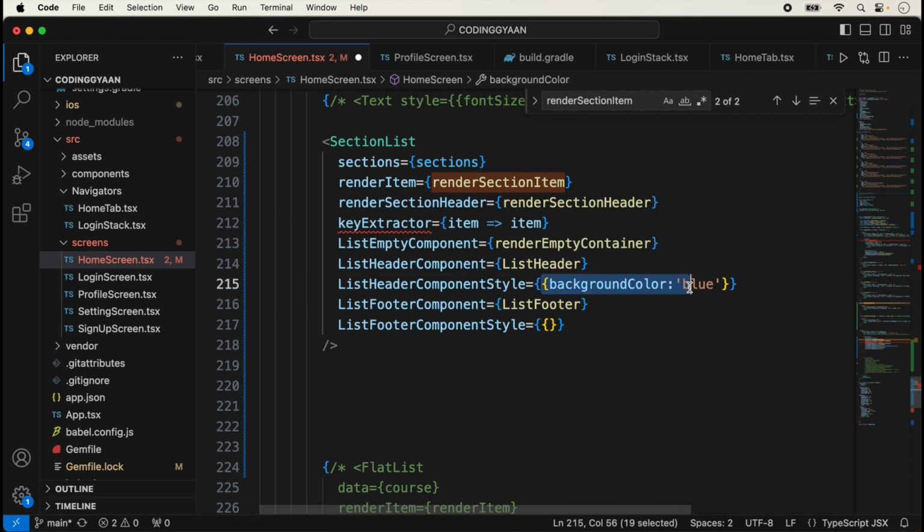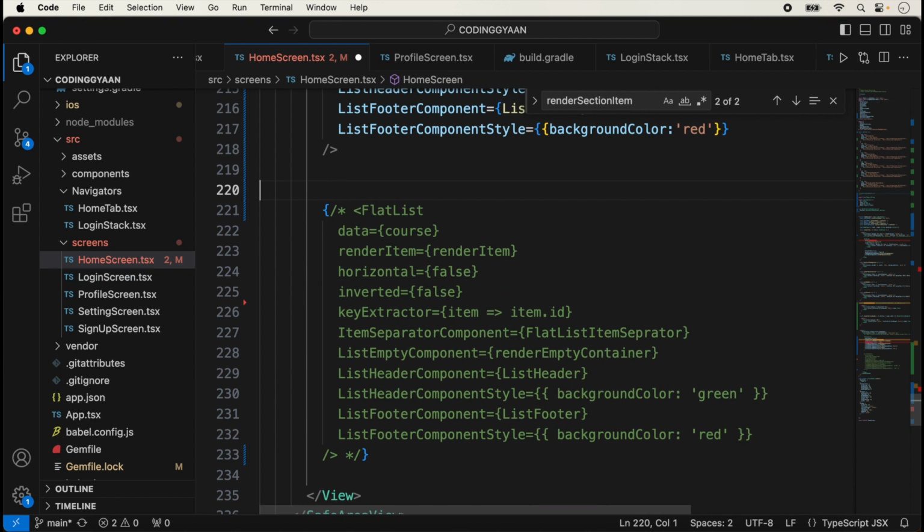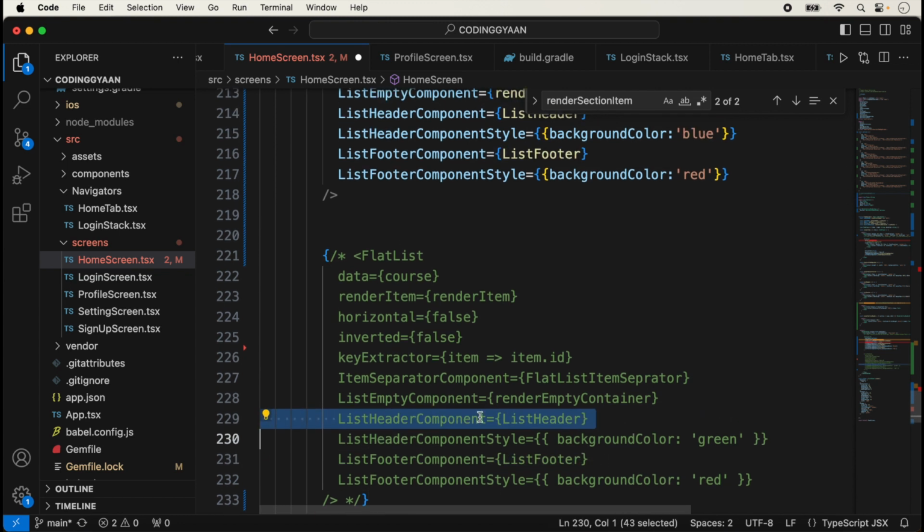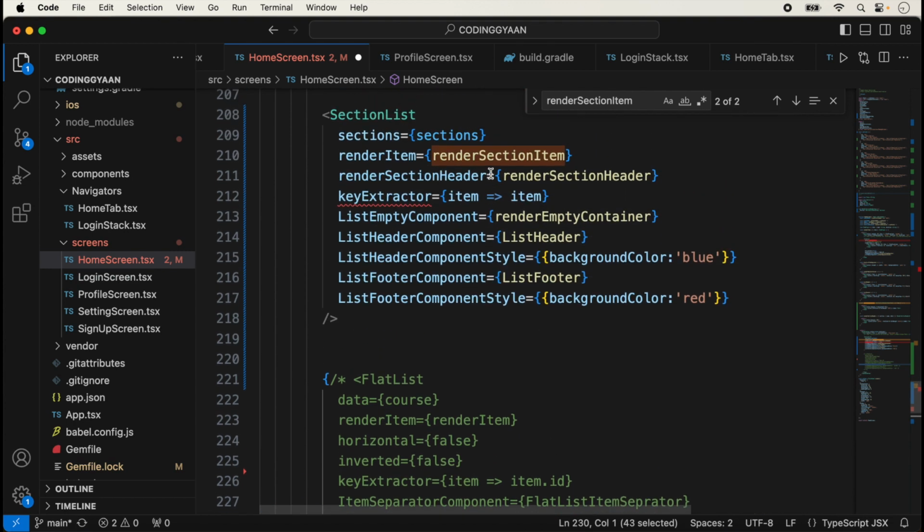So I am using here a background color for the footer, so I am using here a red color. So this is already used for the flat list in my previous video, so I am using here the same background color, list footer component, list header component. So same method I am calling from the section list. So I am just saving it,